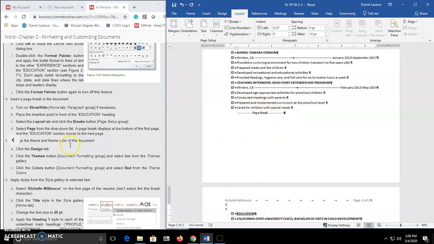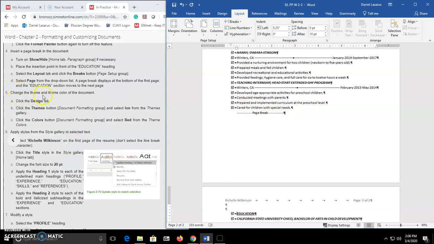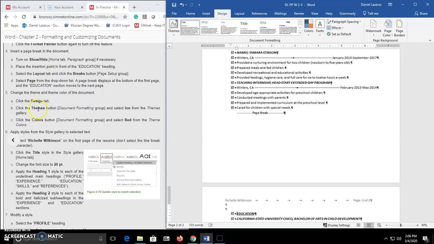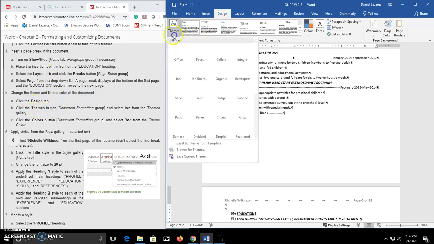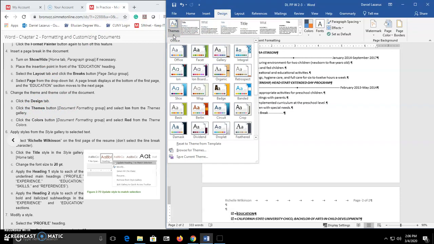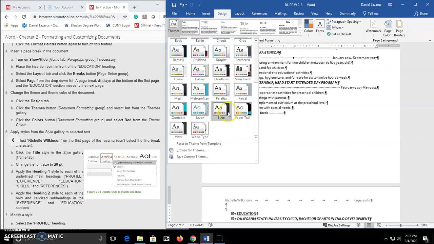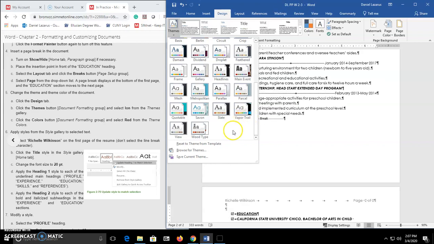Okay, right. Next, let's go to task 5. Change the theme and the theme color of the document. Click on the Design tab. The Design tab is right here, and then select the Themes button, which is the first one, and then select Ion as the theme. So go down to Ion, which is